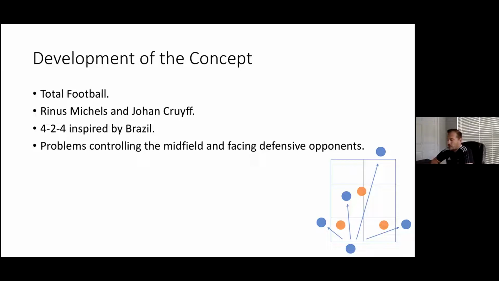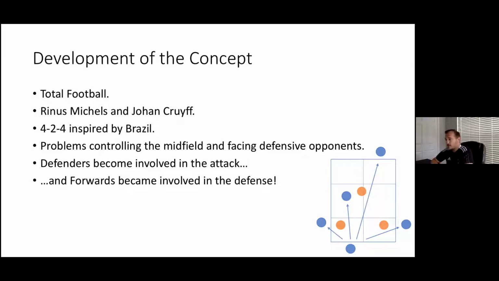So what they started to develop was, okay, we need more players attacking. We need defenders to be more involved in the attack. We need more stability when we lose the ball. Okay, we need our attackers to be more involved in defense. So the forwards become the first guys to press, the defenders become the first guys to attack, right? So now we're starting to see the ideas of total football arise.